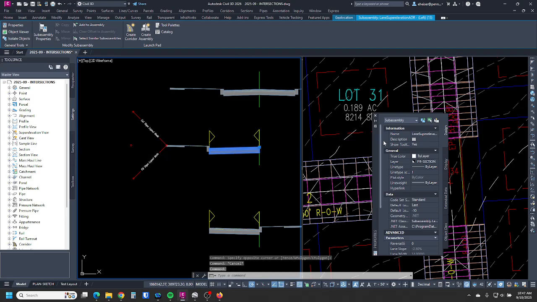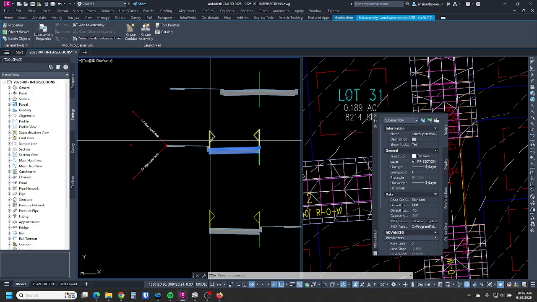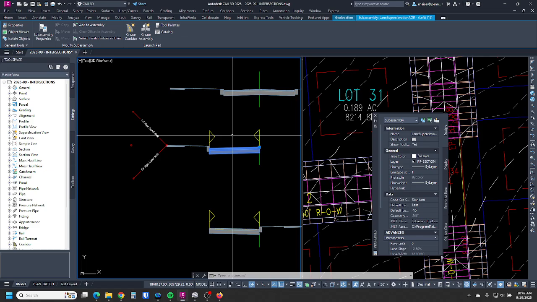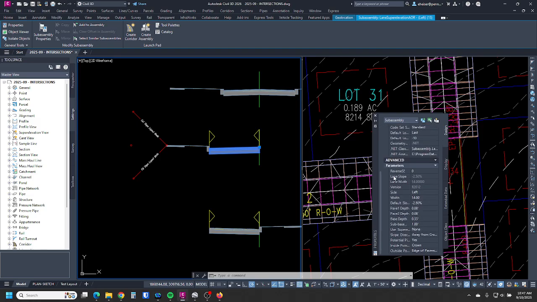So these sub-assemblies are called Lane Super Elevation AOR. What they allow you to do, and what these little flag looking things mean, is that they can target other items, which allows the width to actually be variable if it needs to be. And I'll show you how that works in a little bit. But for now, I like to put the base parameters in. So I'm going to scroll down, set the lane width to 10 feet, set the default slope to -3,